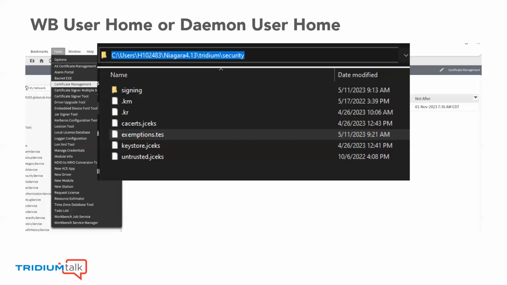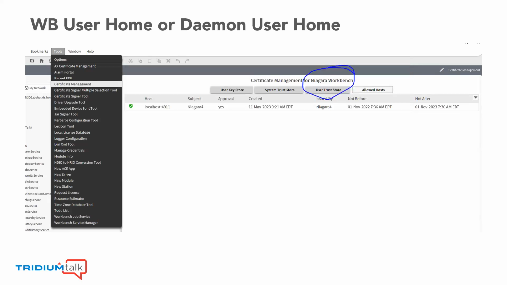And to show you behind the scenes what I'm referring to, it is under the directory C:\Users, your Windows username, Niagara 4.13, because that happens to be what I've launched, brand name, and security folder. These are the files where all this information gets stored, and the UI behind here is what's actually delivering that information to you in an easier to use and digest